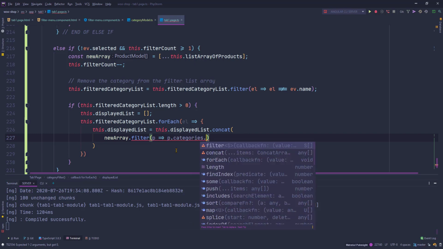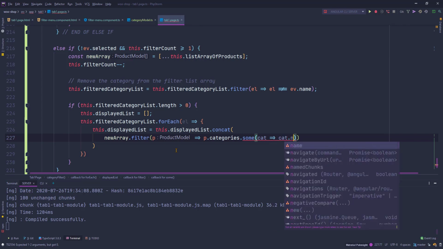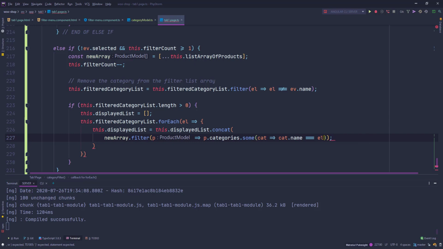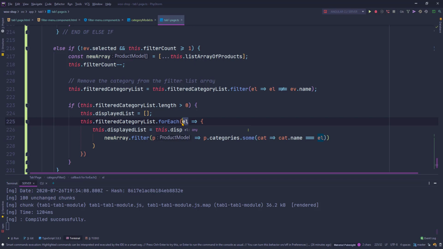So it will be p.categories.some cat dot name equals to element, and the element will be fetched from the new array. So this is on a per product basis, and the element is derived from the for each loop. Okay, that will have an entry here in the string format that will have the category name in it. Okay. Once that is done,